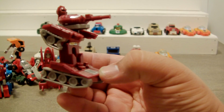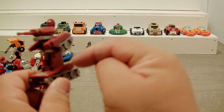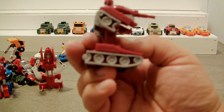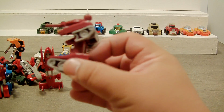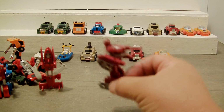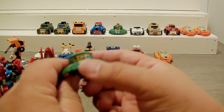There's your Warpath. Now again, in the cartoon, his legs wouldn't have been this big. They would have been tiny or whatever, but that's just the magic of animation compared to toy. And back then, obviously, they probably didn't have the computer capacity, or the engineers that really cared how to make these more accurate or whatever. So there's that. And then last but not least, for wave 2 that I own,